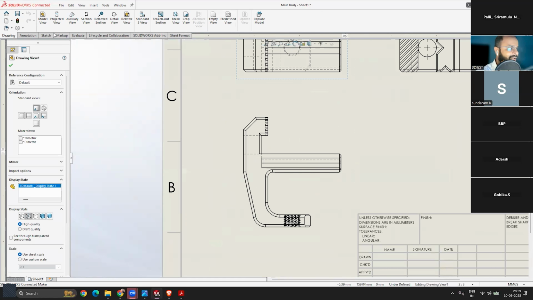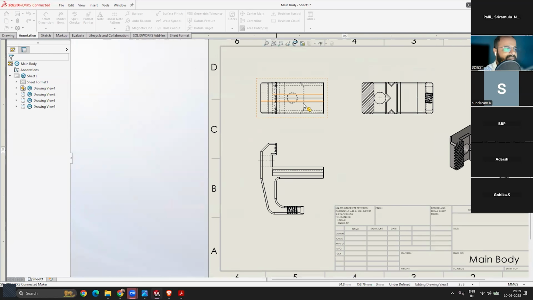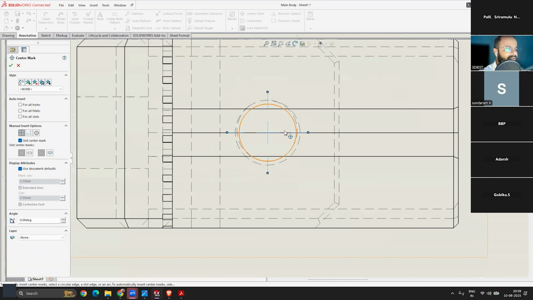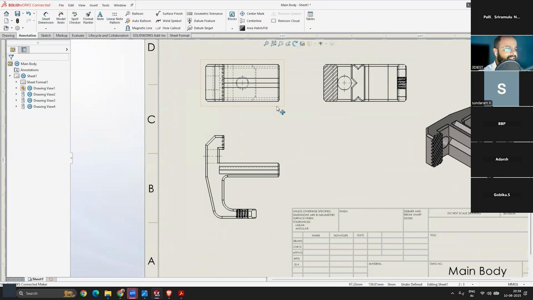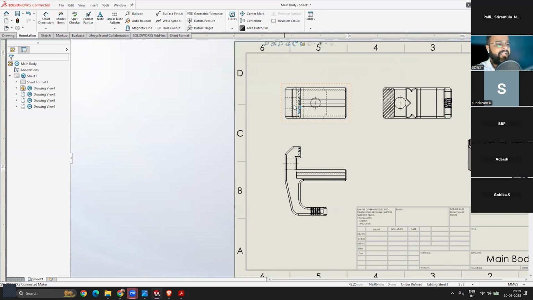Now first I will go into the annotation tab. We'll apply the center line from these two circles like this. We'll also apply the center mark onto this hole. We'll try, yes, like this. Now we can start defining all the detailed dimensions for this part, because on the part level you can add